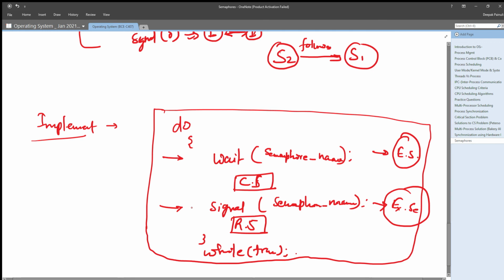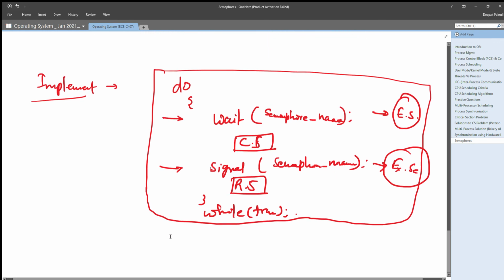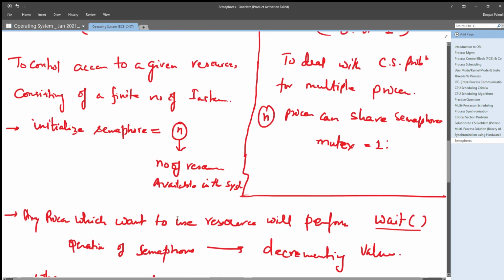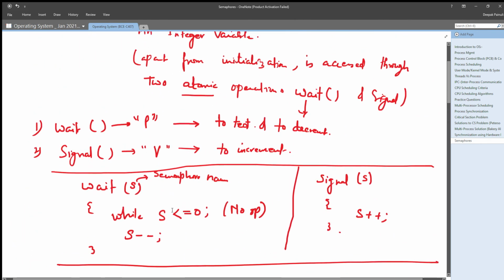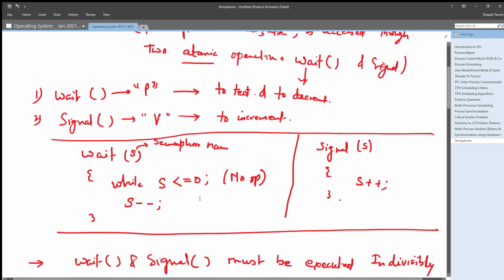right guys? I think maybe this is clear to all. These are very simple methods to provide synchronization among processes, right?